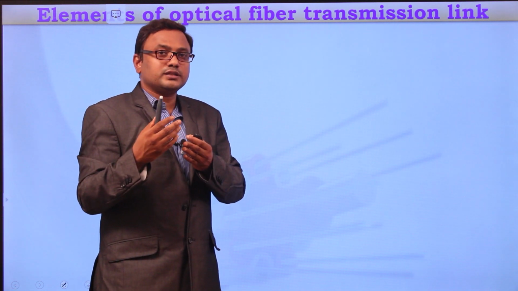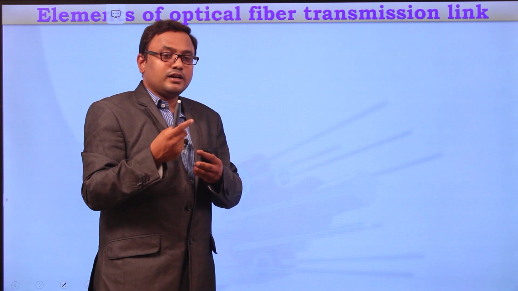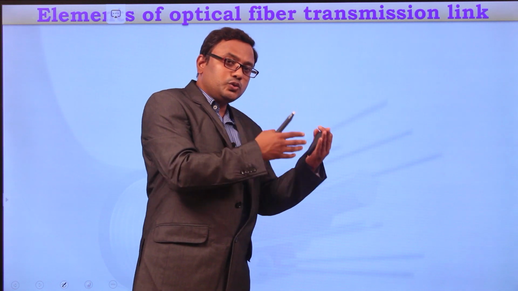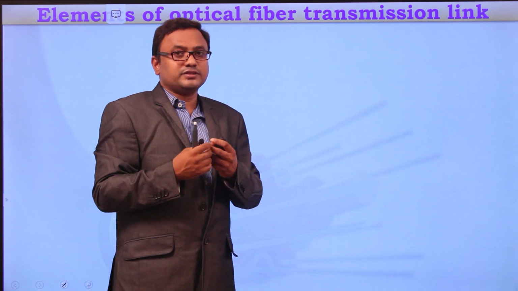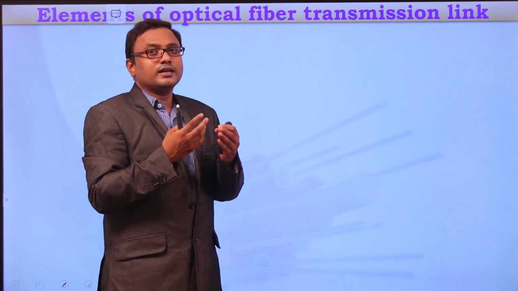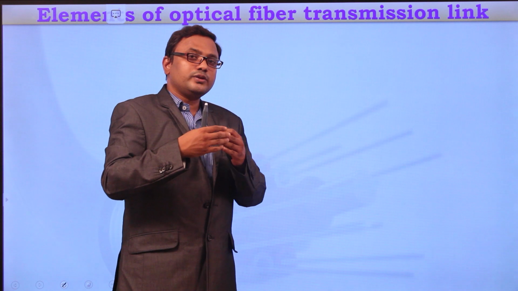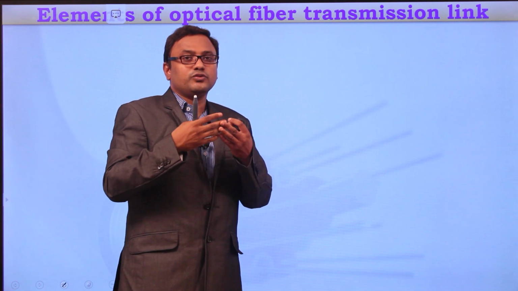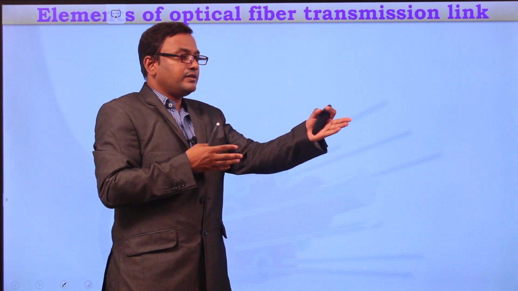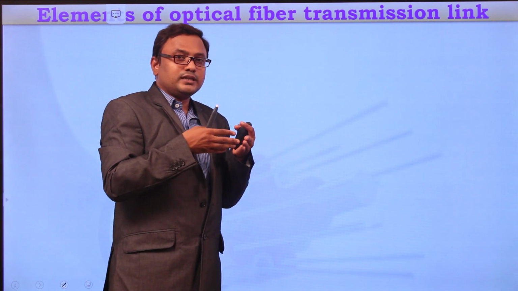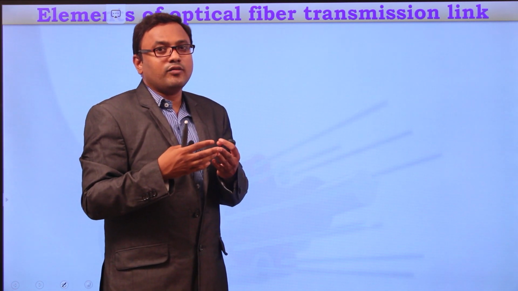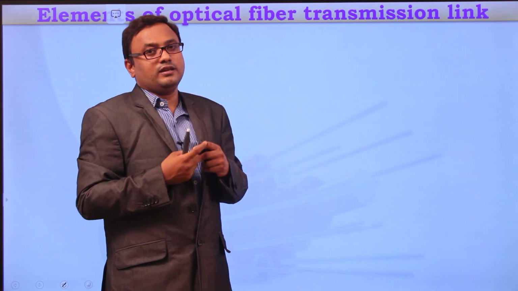If you want to establish a temporary connection between optical fibers, or if you want to connect your optical fiber cable to the transmitter section or receiver section, then we need some special kind of components which are nothing but the optical connectors. If you want to establish permanent connections, then we need to go for the different kinds of splices. And also, after traveling for a certain distance, usually the signal will be weakened, and to amplify that signal, we need to have regenerators in the channel.